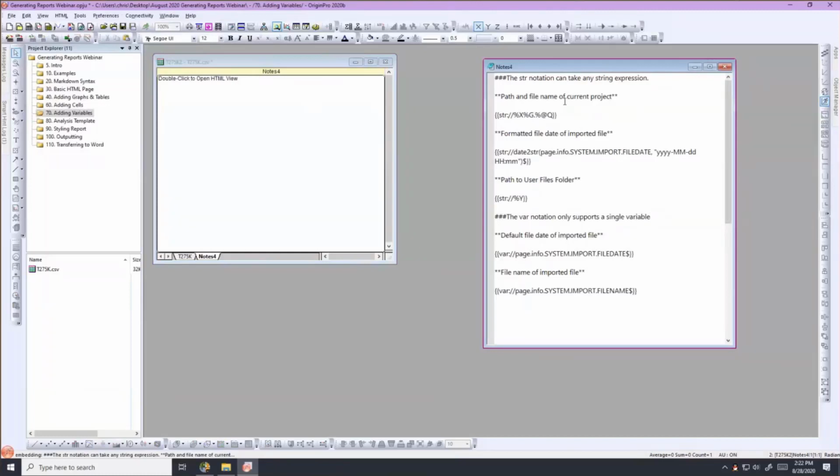This is the notation of the variables. And again, I don't expect you to memorize this today. This project will be available for you to use as a reference here in a few days. For example,